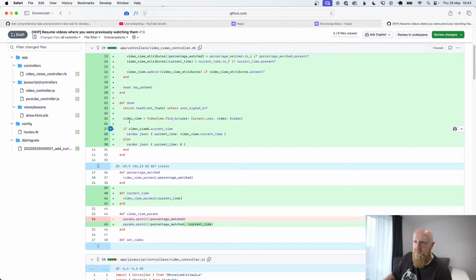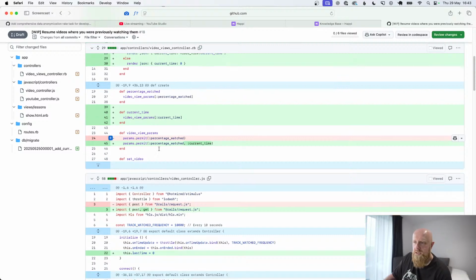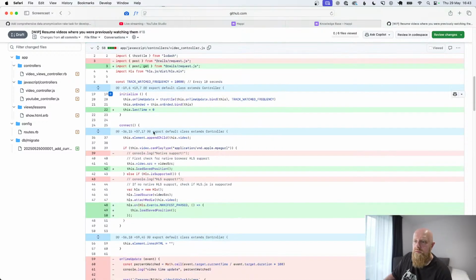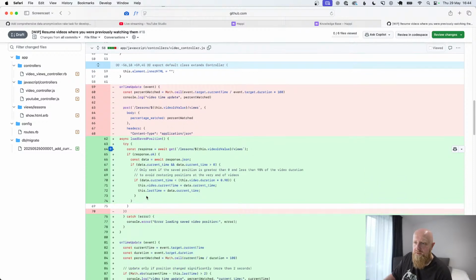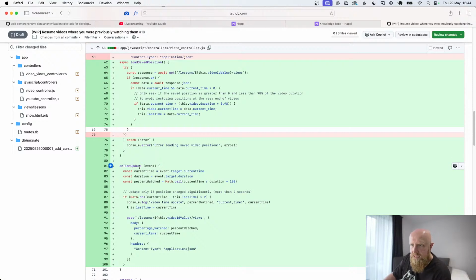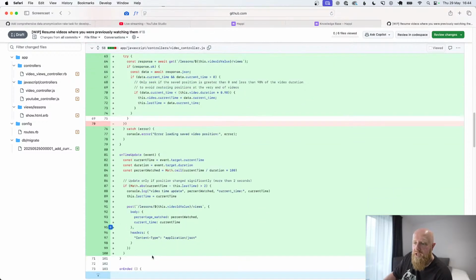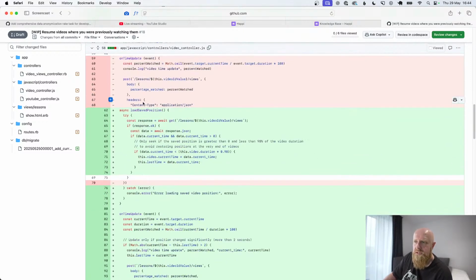And then the ability to view the video view, get JSON back with the current time that you watched to. Seems sensible enough. And in the videos controller, there's a load saved position, so that's a new method. And it has on time update. So on time update is updated to not just pass the percentage watched like before, but also the current time. And then load saved position is getting from that video view